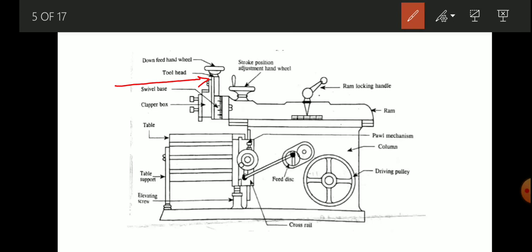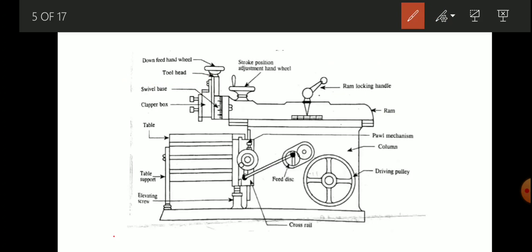In the cutting stroke, the forward stroke, the material is removed from the workpiece by using the tool. In the return stroke, there is no removal of material. The feed is adjusted with the help of the tool head, which is mounted on the dial. Here we can see the tool head.